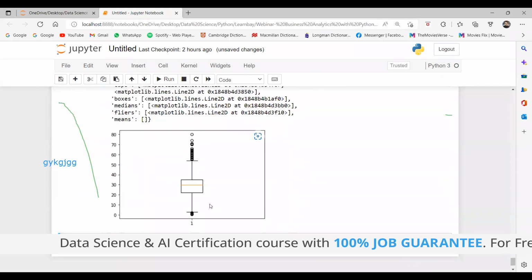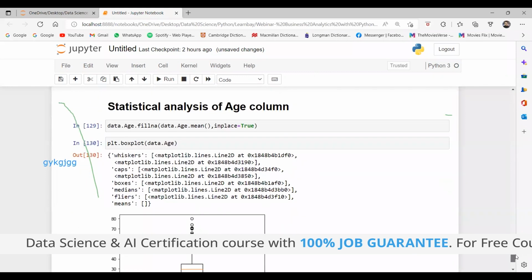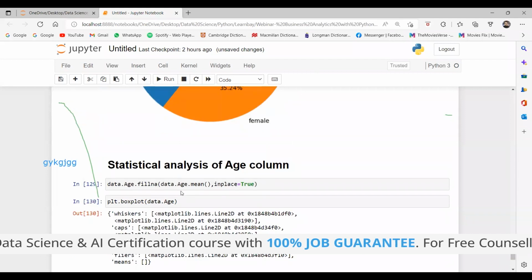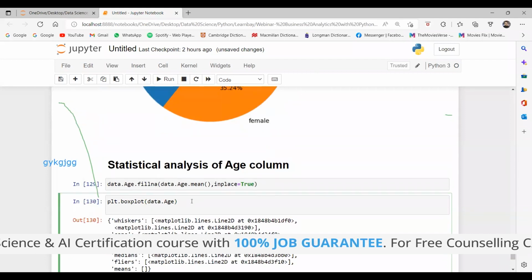Actually, this is a box plot, and it doesn't work if we have null values. So what I did is fill the null values with the mean value of the age column. Now it is showing.